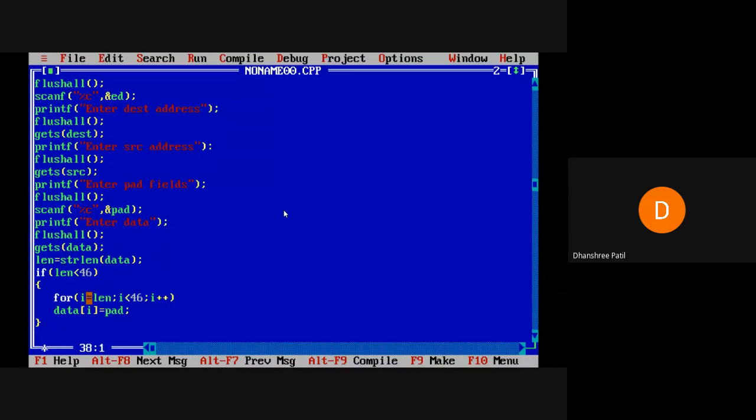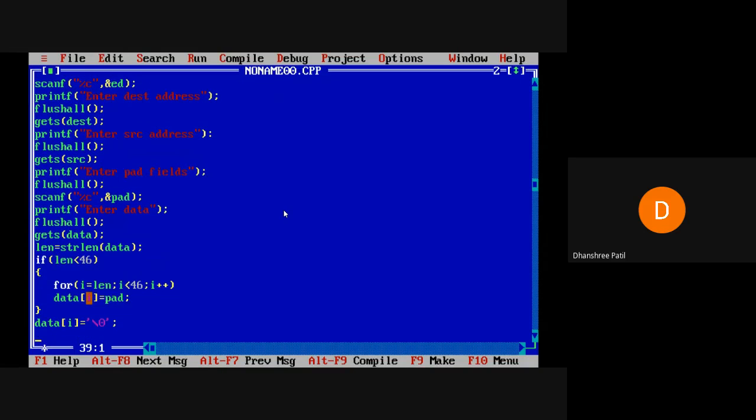I hope it is getting clear. Now कुठेपर्यंत ऍड झाले पाहिजे, up to the end of the string. So data of i is equal to end of the string. Okay, this is for the data field.